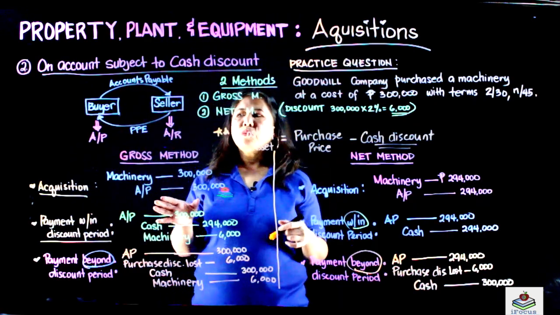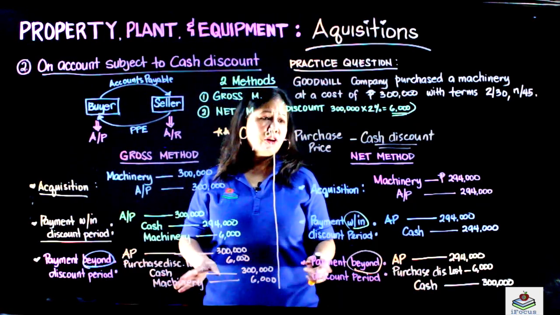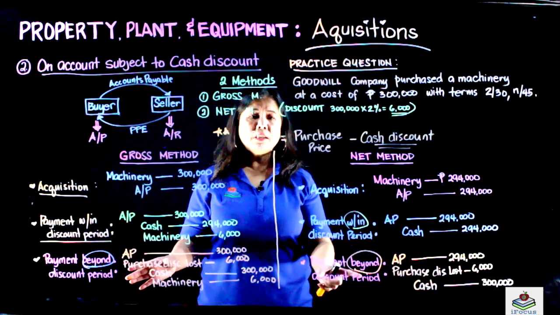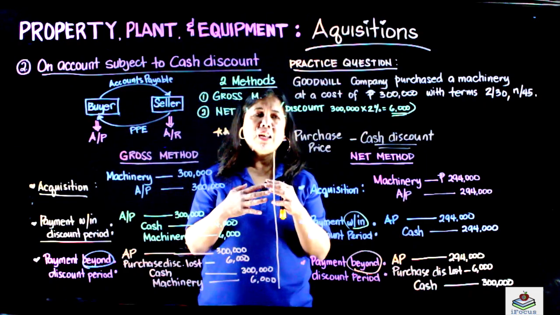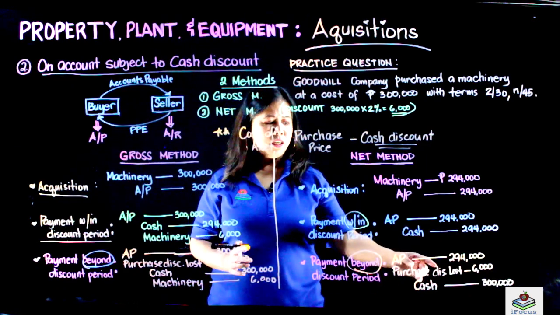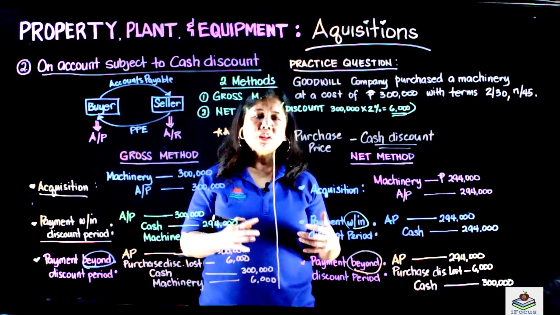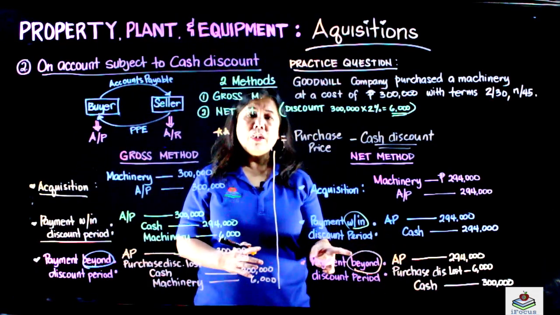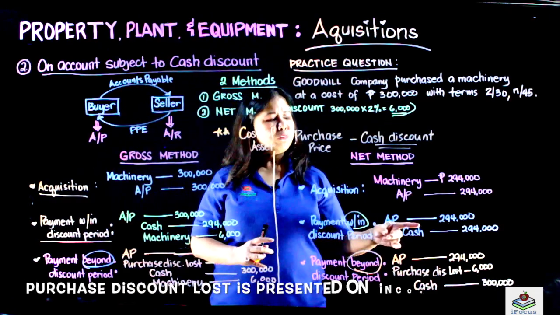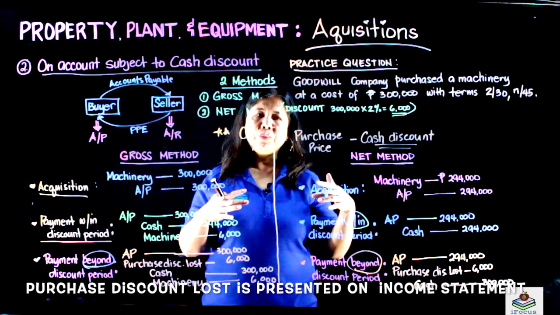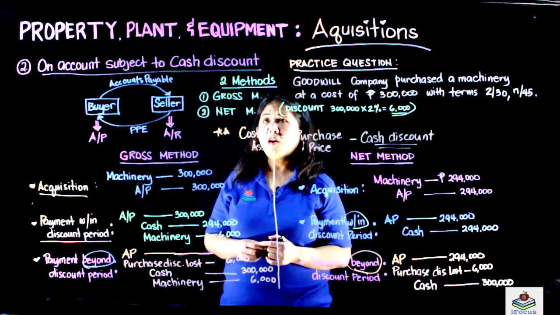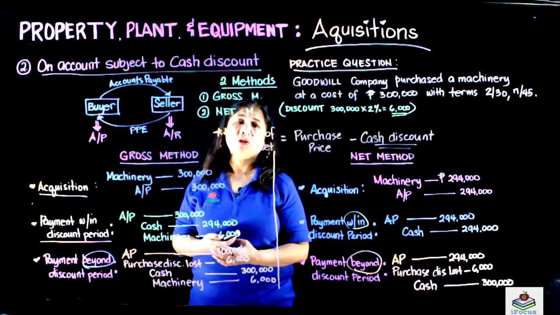Another thing is whether you use the gross method or the net method. Kapag nagbayad ang company beyond the discount period, nagre-recognize ang company ng tinatawag na purchase discount loss. Yan po yung cash discount na loss ng company by not paying the machinery within the discount period. At itong purchase discount loss ay pinipresent natin sa ating income statement. So, ganito po ang ating on account subject to cash